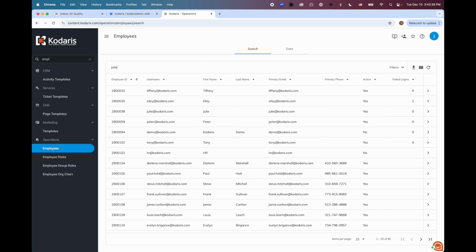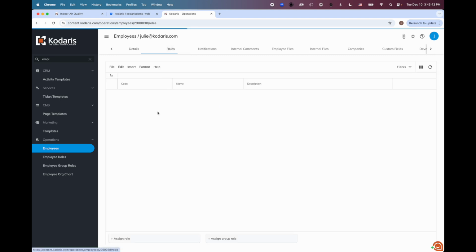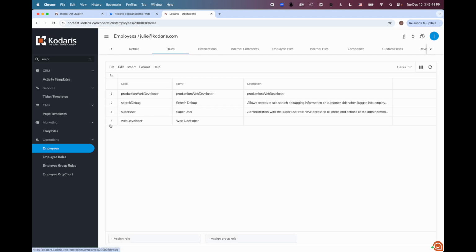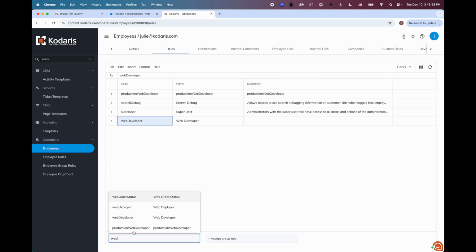We'll search on my username, which is Julie. Now, the roles that you'll need for this is web developer, and that's all the roles that you need for this purpose. Just make sure you have web developer assigned here, and if you don't have it, you can always search for it down here and choose it from the drop down and assign it to your account.